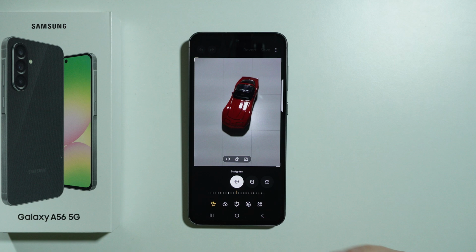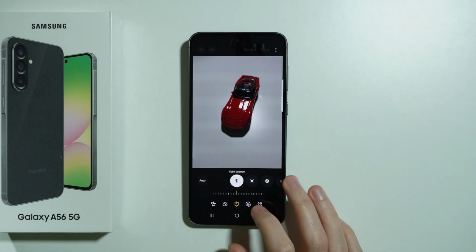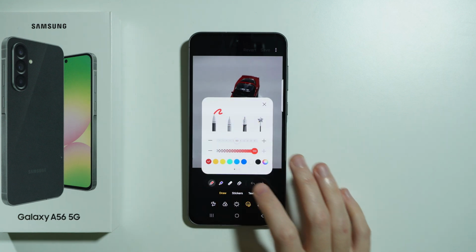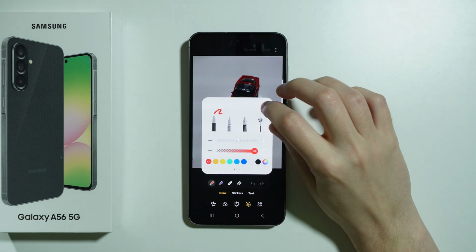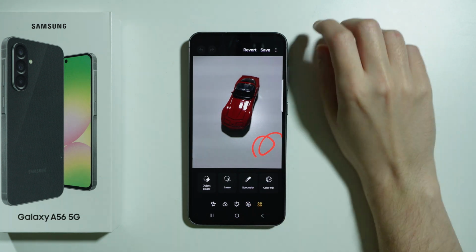And over here we have some customization options or editing tools that we can apply. So make sure to go through them in order to adjust your photo and make it look just as you wish it to be. And if you make any changes to the photo, then you should be able to press